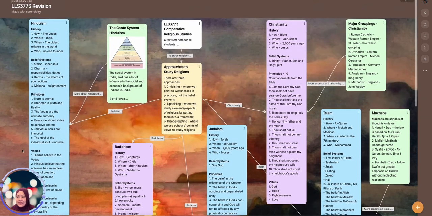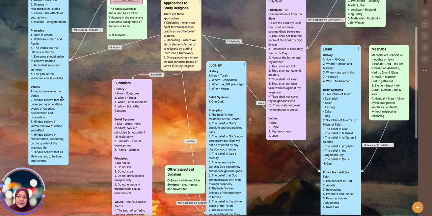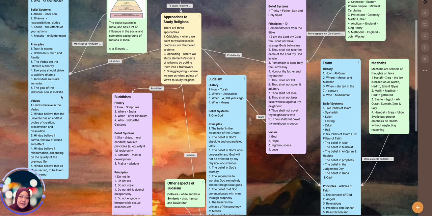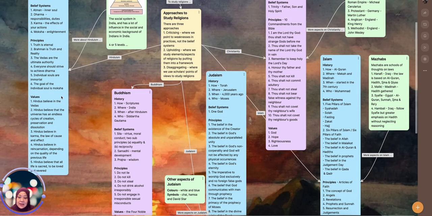So let's see what else. Okay, here we have for the history, Hinduism as well as Buddhism, and then we have Judaism as well as Christianity. So we have that. What else? Let's see. If you look at the principles across these 5 major religions,